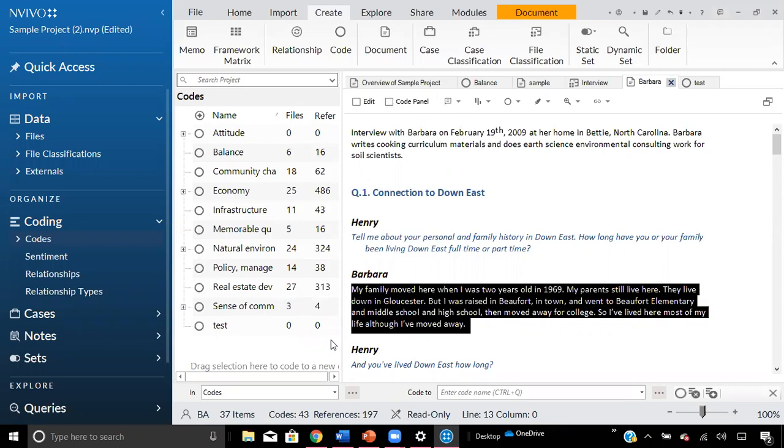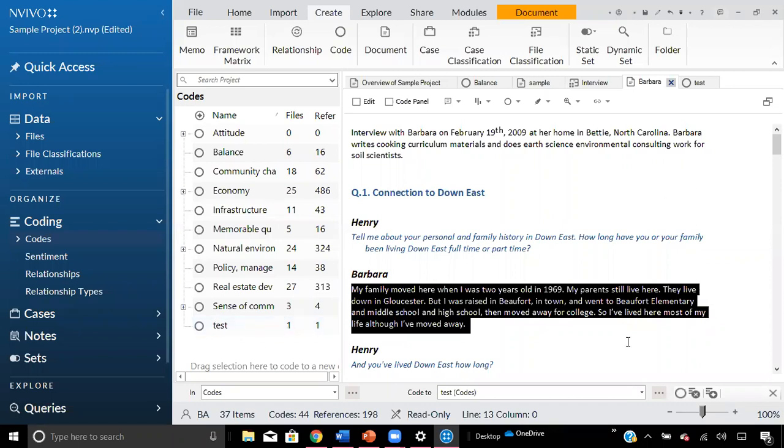And once it loads, you'll see reference 1 pop up under test because we have coded one thing under this new code we created. And there we go. Now we have 1 reference under this test code from our highlighted portion.